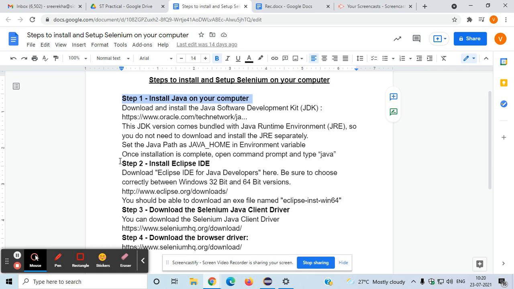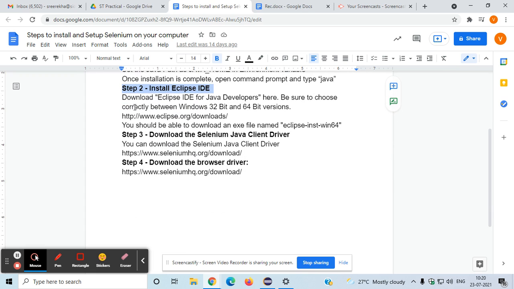Now you can observe step 2. Install Eclipse IDE. The link from where you can install this particular software is provided here. There will be Windows 32-bit and 64-bit versions developed by Java programmers as an integrated development environment. So as per your system support, you can take 32-bit or 64-bit.